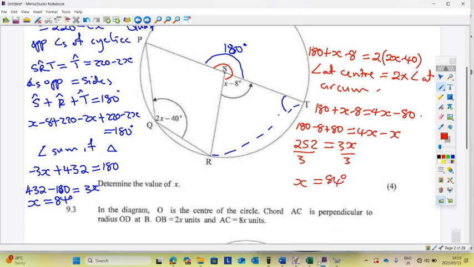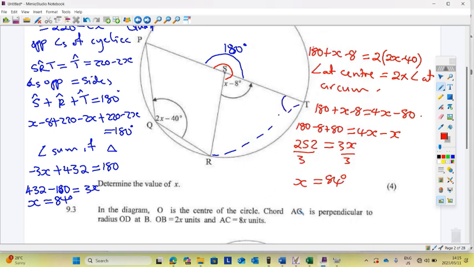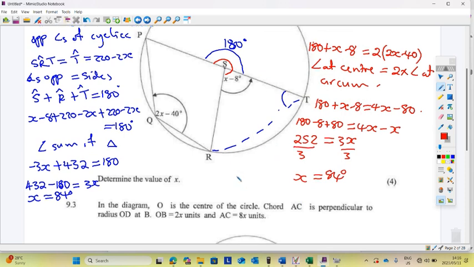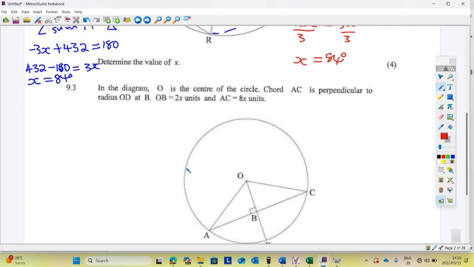84 degrees. So these two methods are going to give you the same answer. That is the first question there. And then going to the second question,